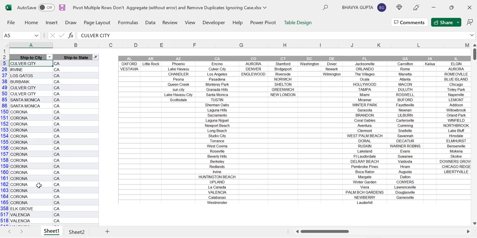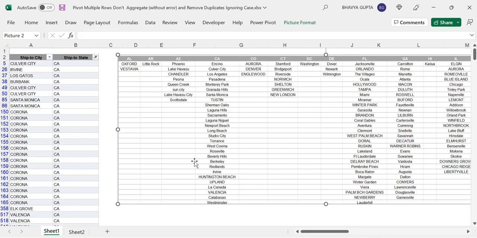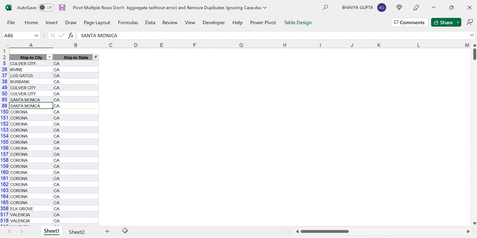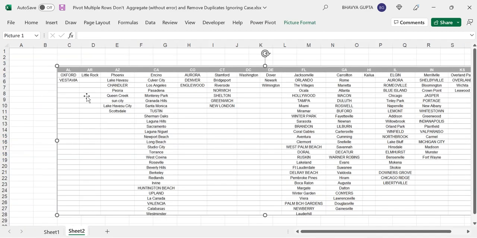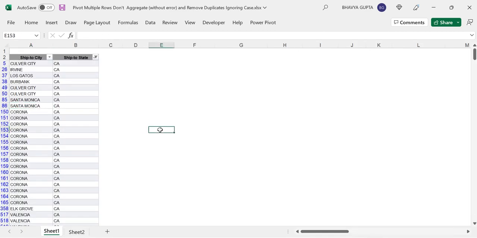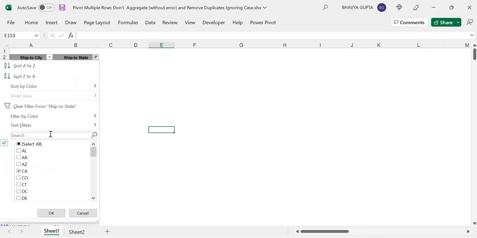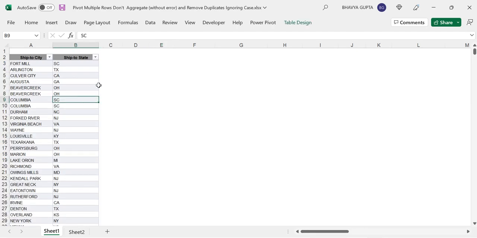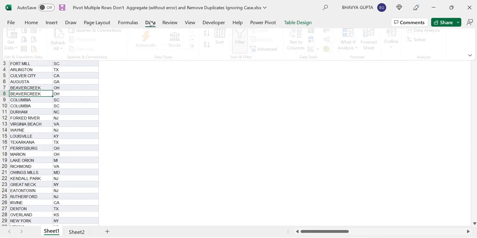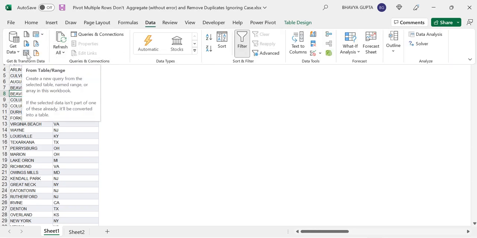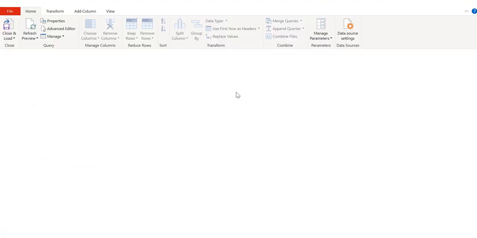So let's move step by step and proceed by taking this particular table into the query editor. Let's move it from here to another sheet. Here I have a duplicate, so let's remove it completely and remove our filters on this ship to state column. Let's click on OK, and for moving this table to the query editor, let's click on the Data tab and select the From Table/Range option. So we have our query editor open